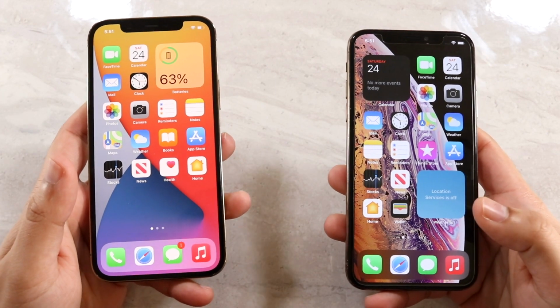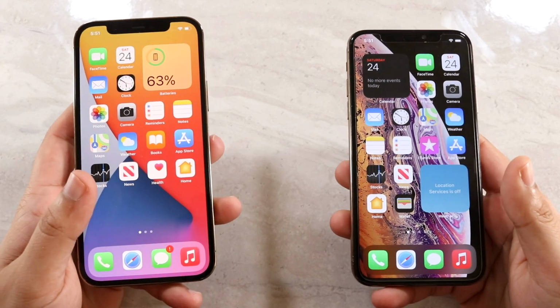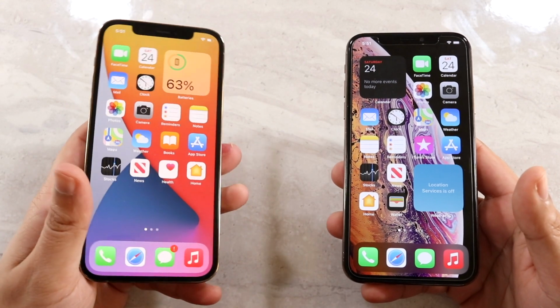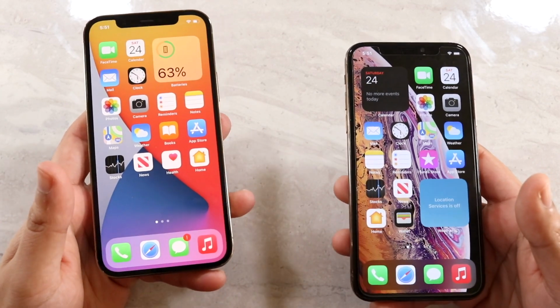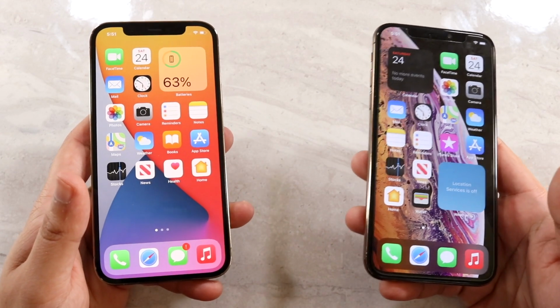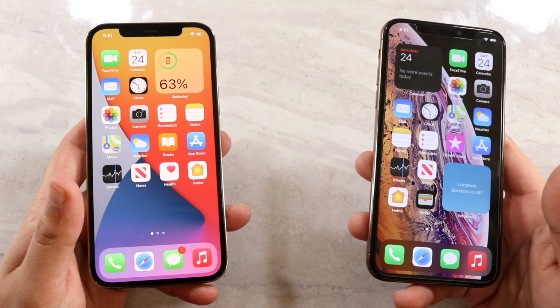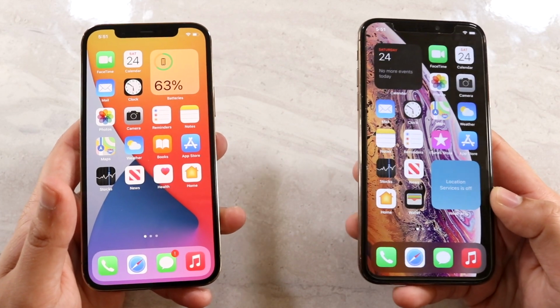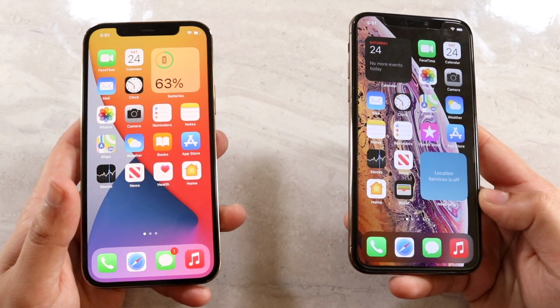The iPhone 12 Pro just came out, so we're going to take a look at it against the iPhone XS. Now, I'm pretty sure everyone already knows the iPhone XS, but the 12 Pro is the newer Apple iPhone, and this one costs $1,000 to pick up. The iPhone XS does not cost $1,000 anymore. You can pick up this thing for less than $450, which is really impressive because this is a really